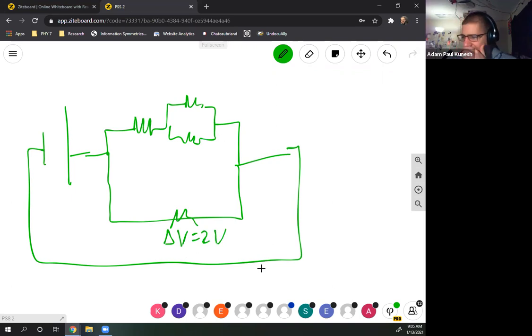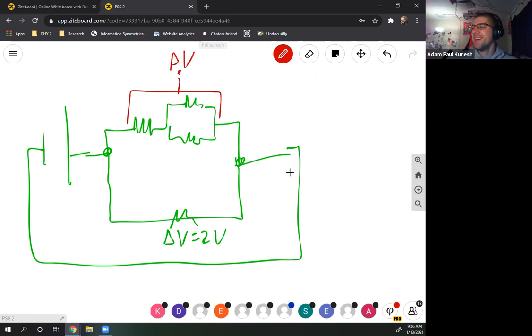And I also told you about the current flowing through this region. So if I told you that the change in voltage across this region was 2 volts, and then I asked you to find the change in voltage from here to here,